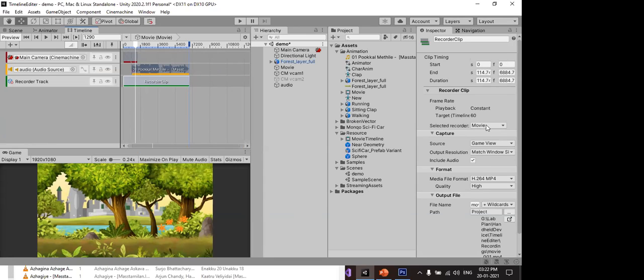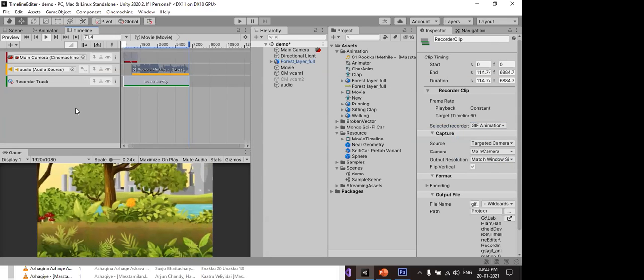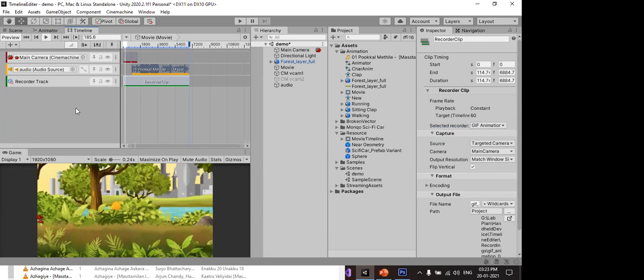Here itself, you create your movie clip or image sequence or GIF animation or audio or animation clip. If you want animation clip, you select animation clip. Movie means movie, image sequence means image sequence, GIF animation means GIF animation. You select it. First, you convert as a GIF animation. When I see that, it will be played.